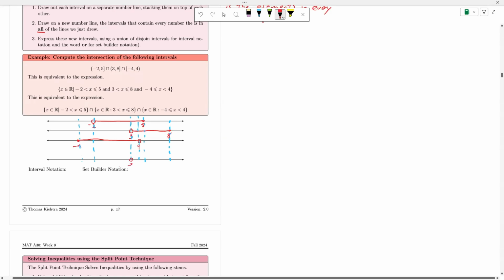But beyond 3, it does. And at 4, it no longer touches all. So I don't include 3 and I don't include 4. Everything in between is included. Well, what's my interval notation? Well, x is in 3 to 4, not including 3 and not including 4. Whereas my set builder notation is x is a real number such that 3 is less than x, which is less than